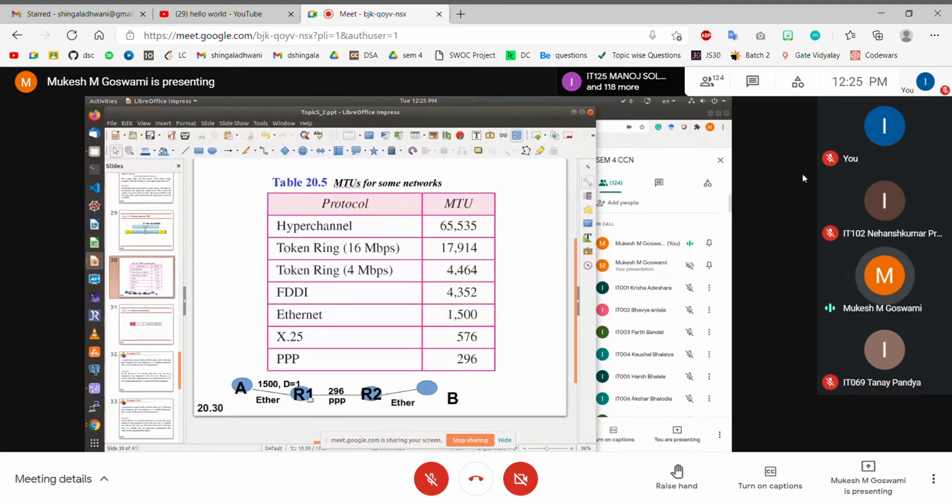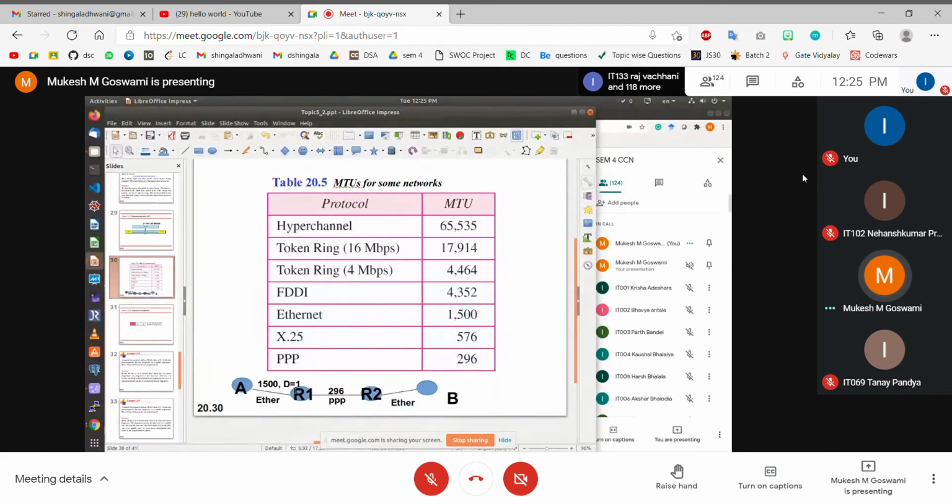So what do we do? R1 will generate an error message, and that error message is in turn forwarded back to A. तो ये error message कैसे send करेंगे? The error message is generated and sent using the ICMP protocol. We'll talk about ICMP protocol later on. But R1 will generate an ICMP packet, and that ICMP packet basically contains an error saying that it is not possible to transmit a packet of this size. Kindly reduce the size of your packet so that it can be transmitted further on the network.